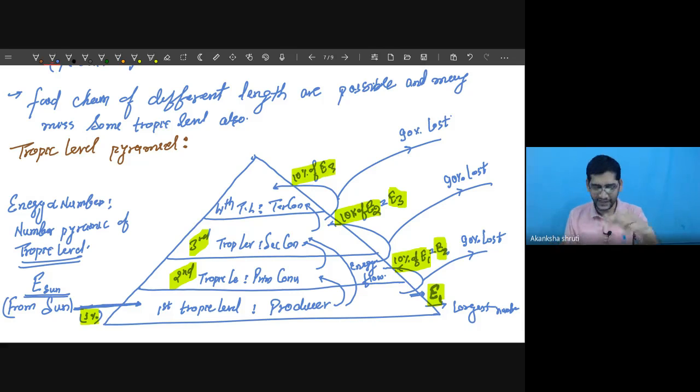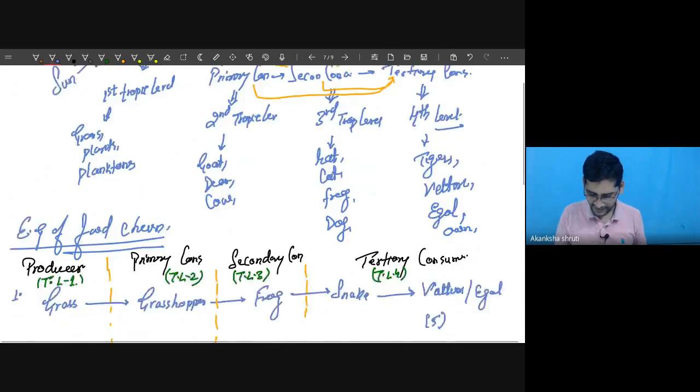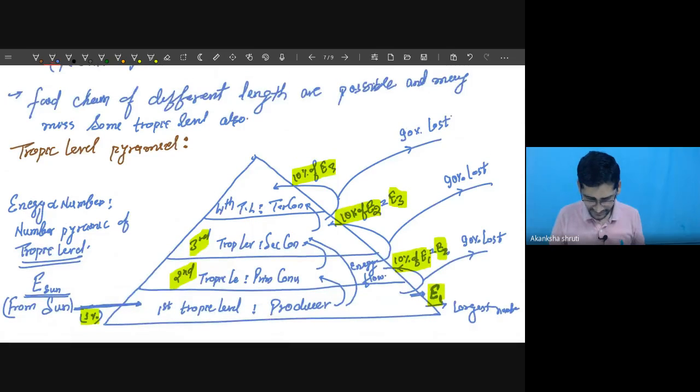Okay students, so it is very important. So let us go for writing those points. Here we have done a very important thing. Example-wise, you must keep this in mind, otherwise I do not have that much space to write here. So you also keep writing examples. Let me write a few examples here. For the producer, maybe grass,